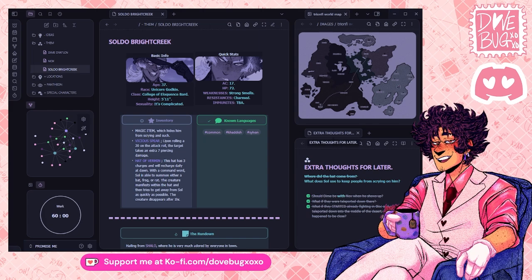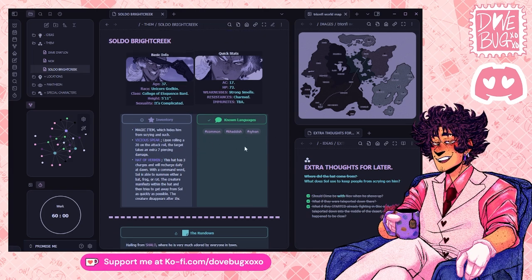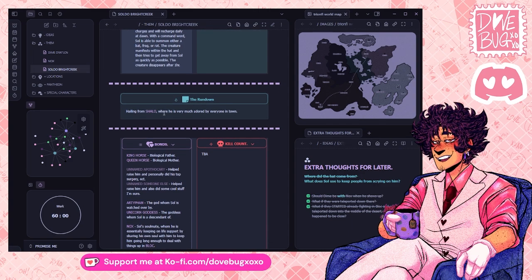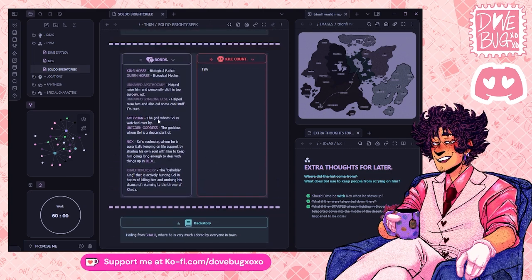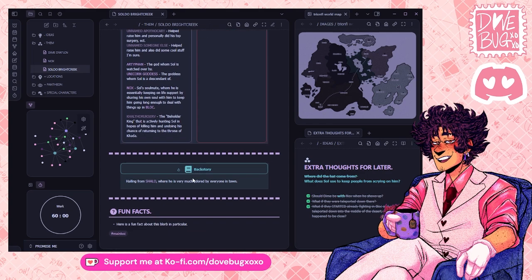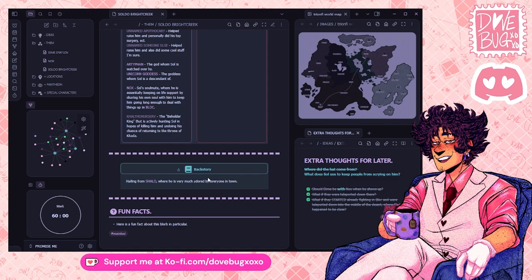Some of it is that I play around in Clip Studio Paint. I have my map. I colored it differently to make it match the UI of everything. I have started to keep track of inventory. I have their known languages. A section for backstory. These are their bonds, like who's connected to who and why. And all these things link to people or locations. And over here, when I'm typing and I have a little thought, I can jot something down.